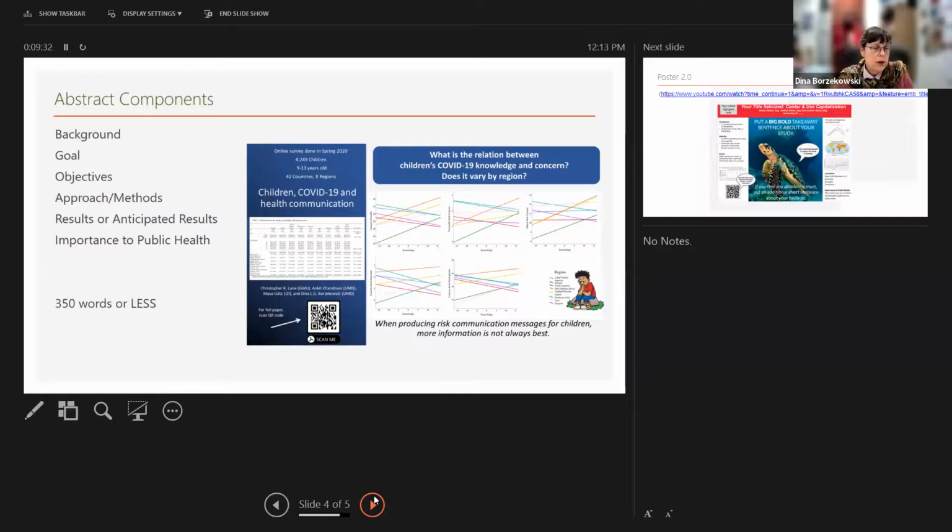When you present your abstract, you need to have your background, your goal, your objectives, the approach or methods that you're using, your results or anticipated results, and indicate your importance to public health. So this is going to be in the written component abstract of your poster.